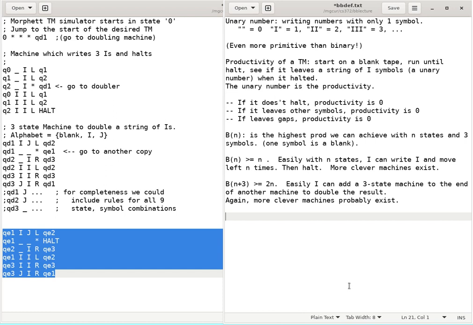And the answer to this is going to involve proving that there actually are a finite number of Turing machines of a specific size. So if I want to think about the productivity of the most clever 10-state machine, I'll have to start by showing that there are only so many 10-state machines. There's not an infinite number of them. So think about each machine,